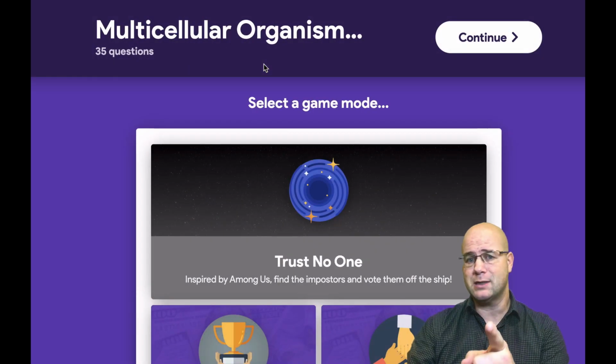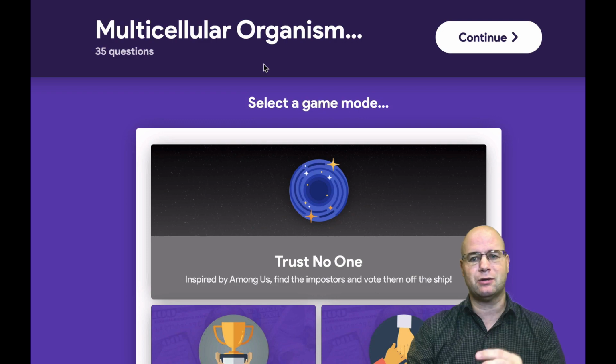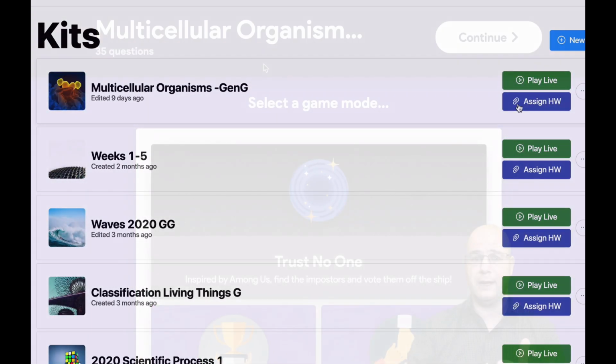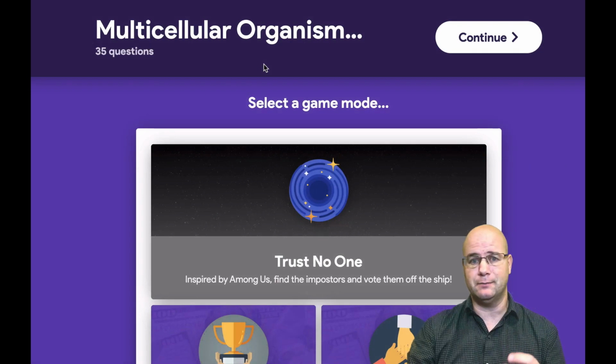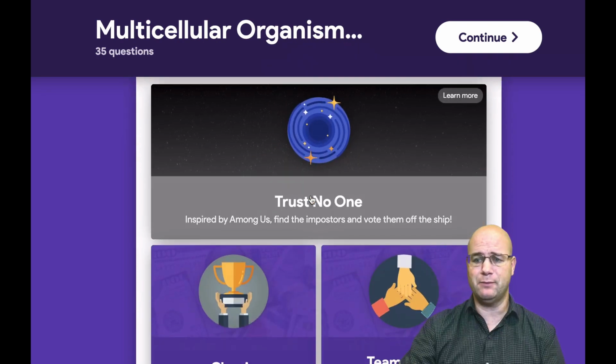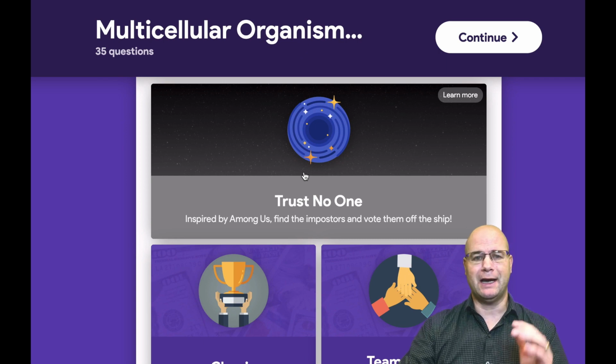Okay, now when you do, it opens up another window where you just set up what kind of game you want. I'm gonna give you a quick tip on this one. Number one is make sure you assign a homework or get kids into this kit before you play. Otherwise they kind of suck. And if they suck, they can't earn points and the game just takes forever, and you don't really want that. You have this game mode at the top, Trust No One,